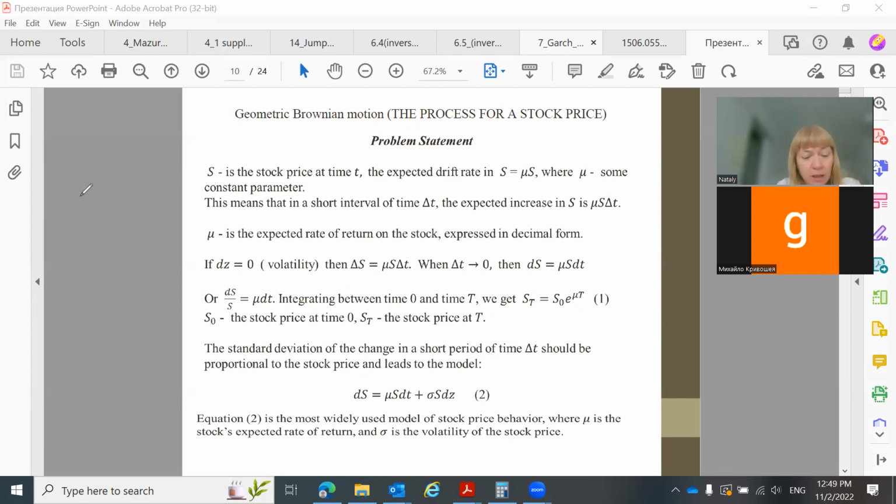If we have an investment, for example A, a capital, then the velocity of change of this investment over time t, dA with respect to dt, is proportional